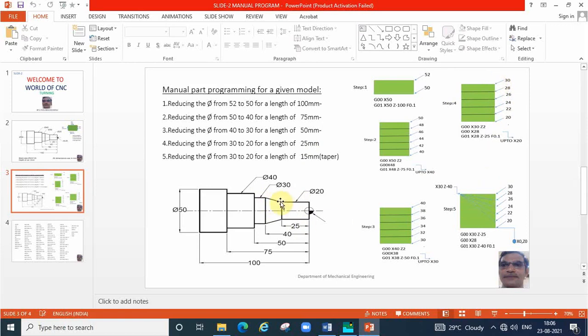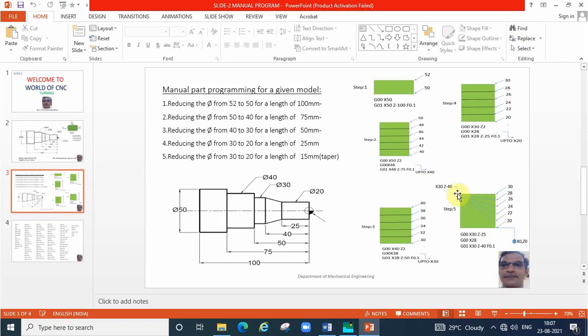Say now this portion is free. For all the step turning, we are keeping the tool at Z2 only, 2 mm away from the workpiece. For taper turning, bring the cutter to this point, say X30 and Z minus 25, there only we are keeping. As usual, we are giving depth of cut at this point only. What is the step? 28, 26, 24, 22, 20 like that. Simply we are decreasing the X value by 2 mm and the final reaching point will be the same.